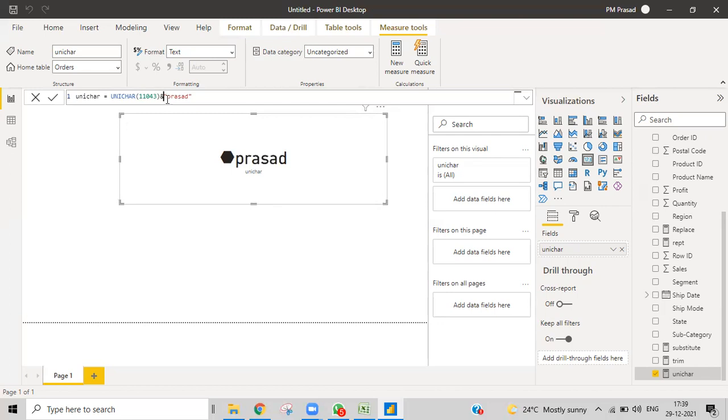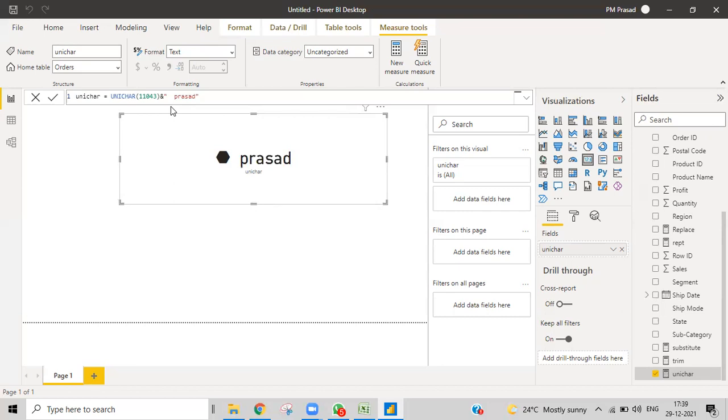If you want to keep some spaces, you can keep them over here. This is how you can show a lot of things like Unichar. There are thousands of symbols outside in Unicode. You can get them and then use them.